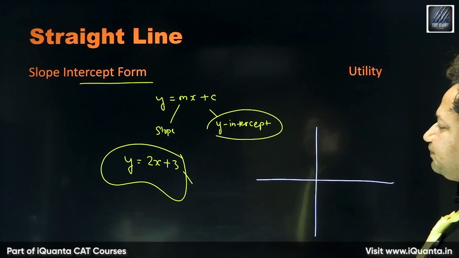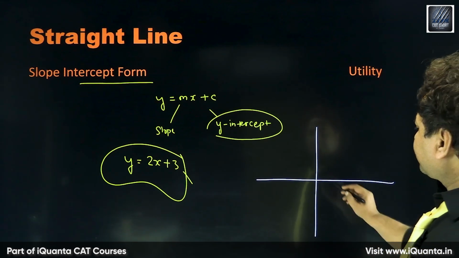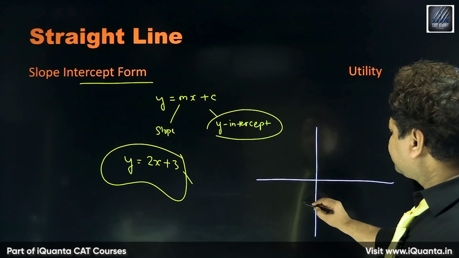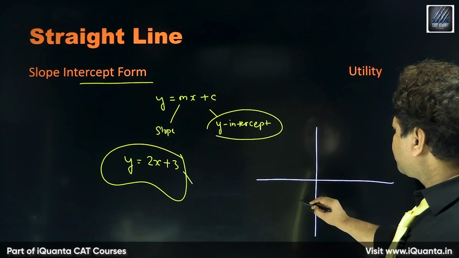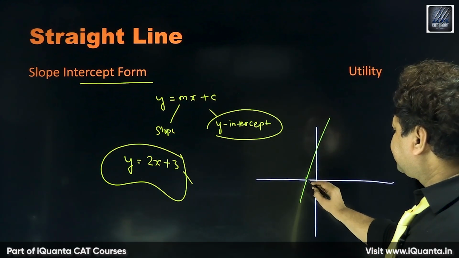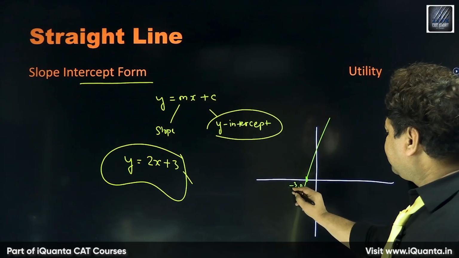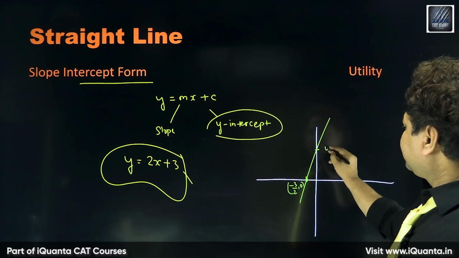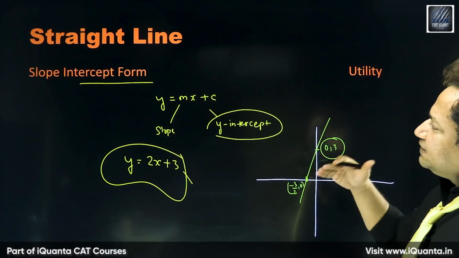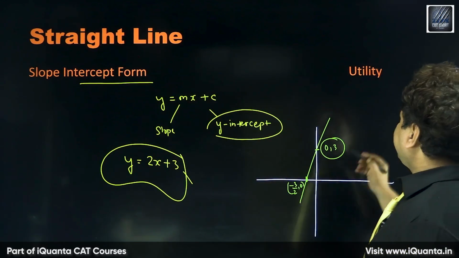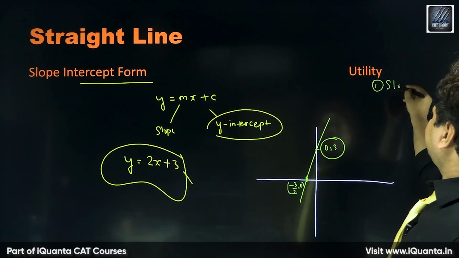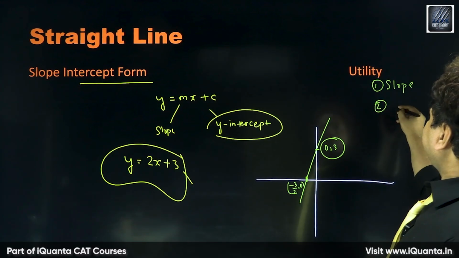Well, it'll go something like this. This point will be minus 3 by 2, comma 0, and this point will be 0, comma 3. So the utility of this is to find the slope of any line, and second is to find the y-intercept